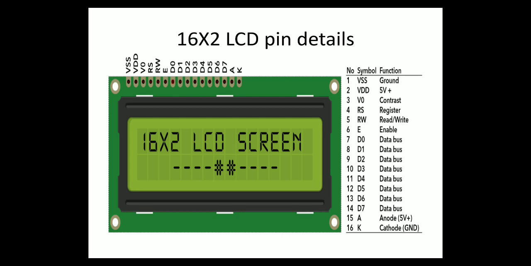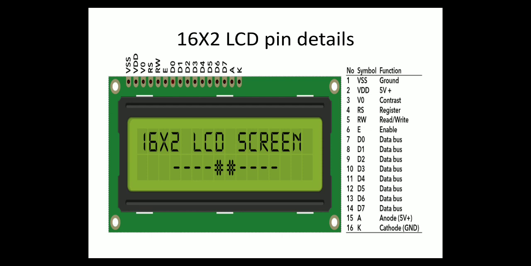Second one is VDD, which is a power supply. So pin number 2, VDD, is the power supply to which we always connect plus 5 volt of supply. So LCD always consumes 5 volt of supply. DC supply is required. V0 is used for contrast. By connecting a pot, a variable resistor, we can vary the contrast of these LCD panels. For that purpose, this pin number 3, or V0, is used.